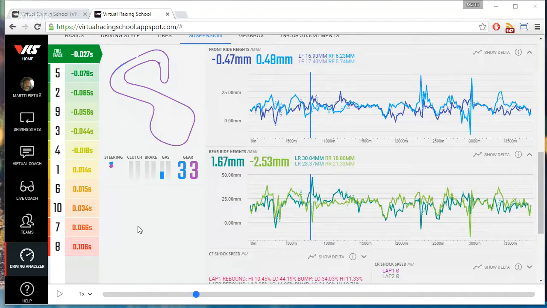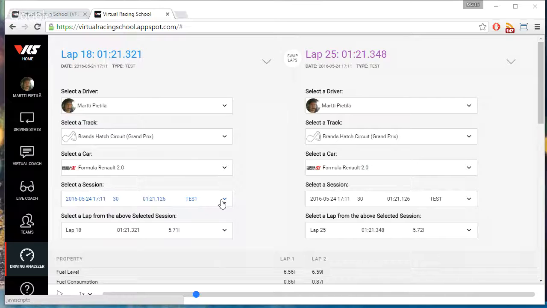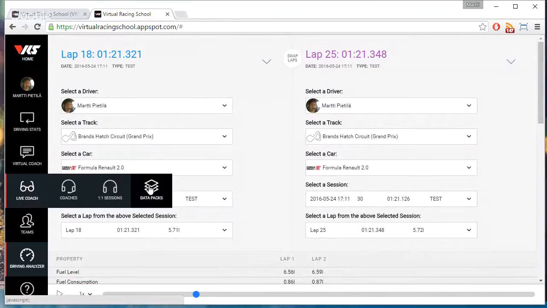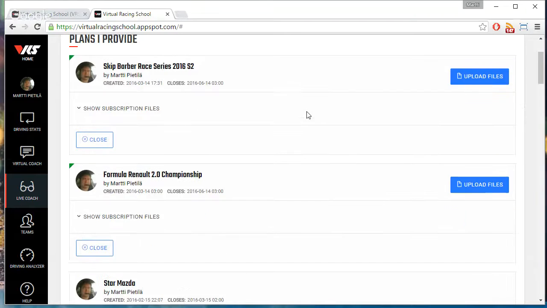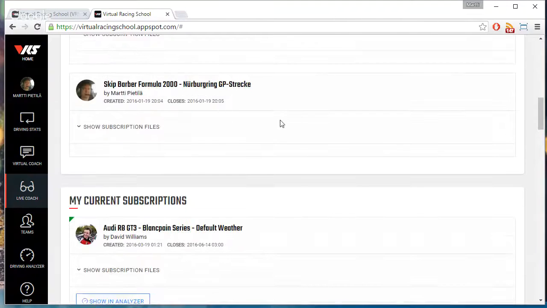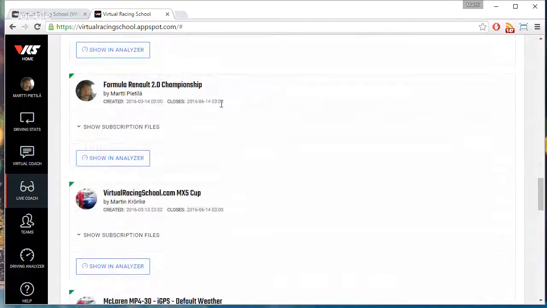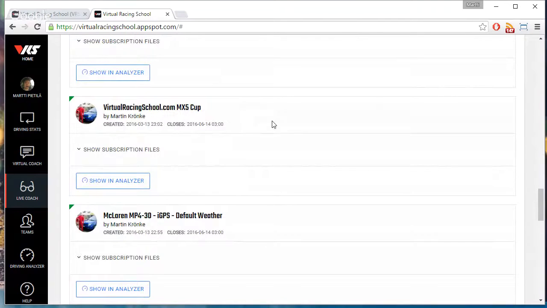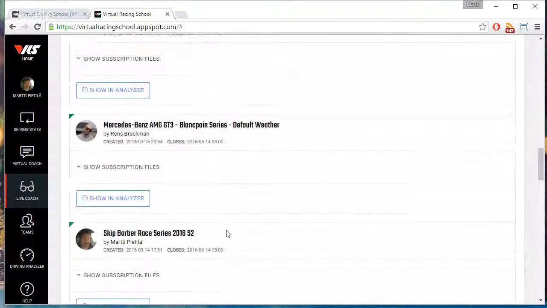Yeah, so let's get to the data packs, what they are, and how they work. Basically, from the live coach, you see the different plans that are available. There's my plans, obviously, and then there's a couple of my teammates on the GT3 cars, MX5, even the McLaren. And you can just access these